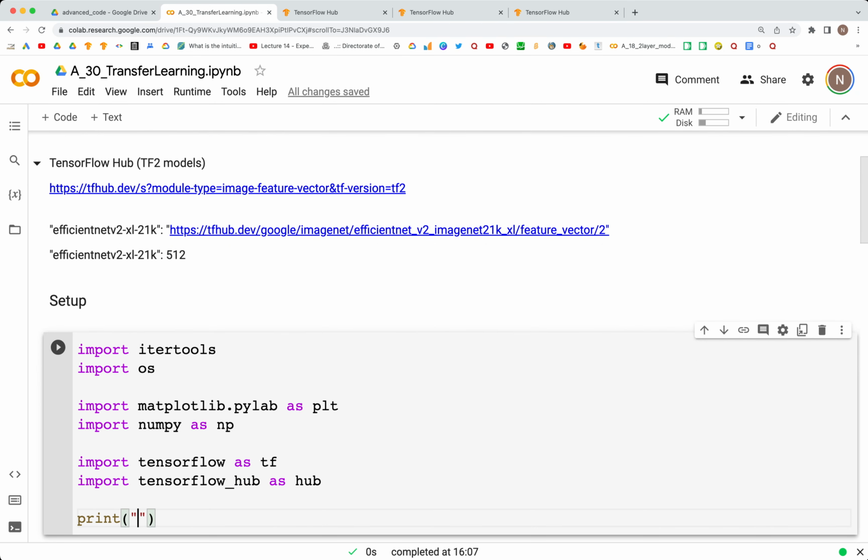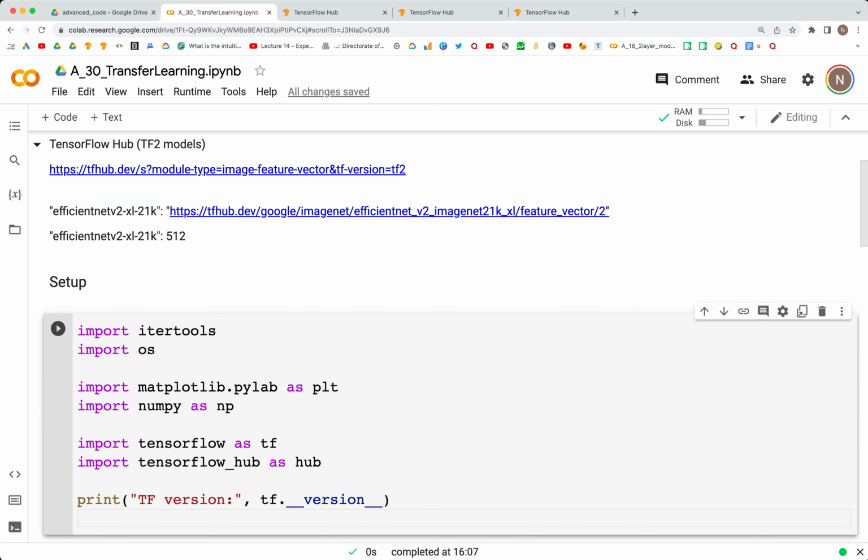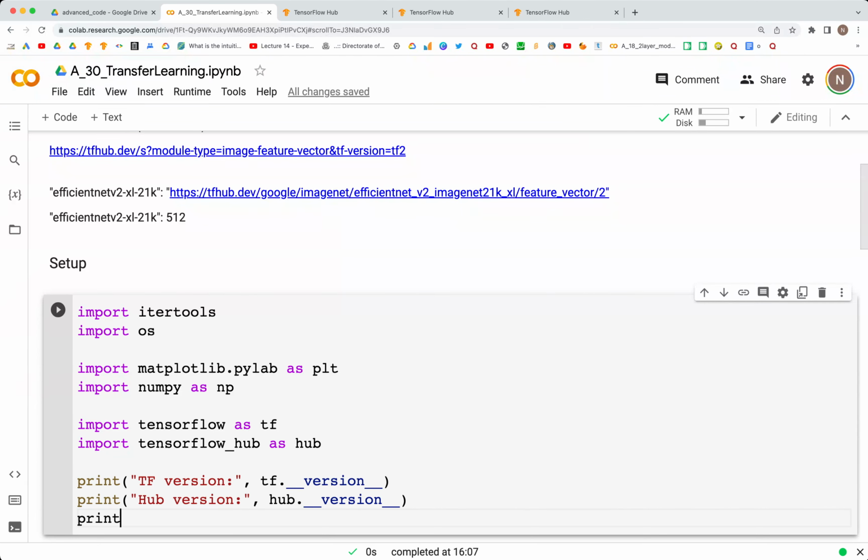So print tf version, and here we have tf.__version__. That's the TensorFlow version. Likewise, we'll print the hub version, print hub version, and here we have hub.__version__, and then finally we'll look at